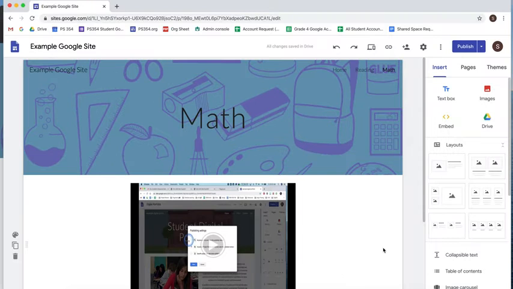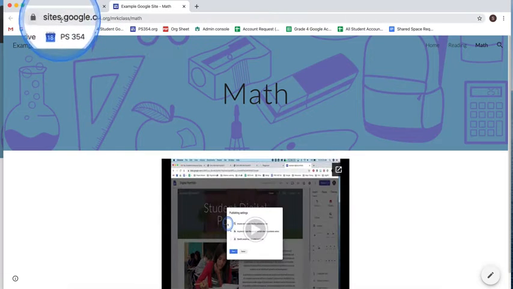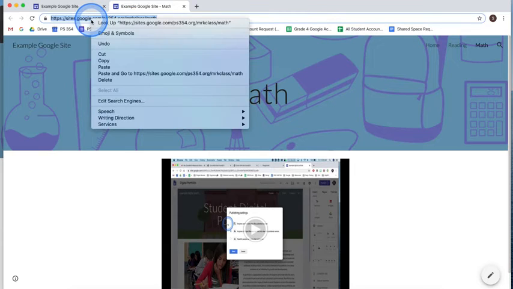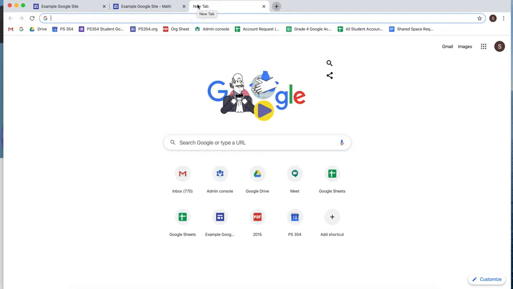Next, I'm going to show you how you can use a URL shortener such as tinyurl or bit.ly to make it easier for people to find your site. So if I view the published version of my site, again by clicking on this little arrow next to publish and view published site, it shows me the actual web address for my website. So that's pretty long, not necessarily easy to remember. So what I can do is copy this link, and again, this is the link to go to the published version. So I'm going to copy that. I'm going to open up a new tab and I'm going to go to